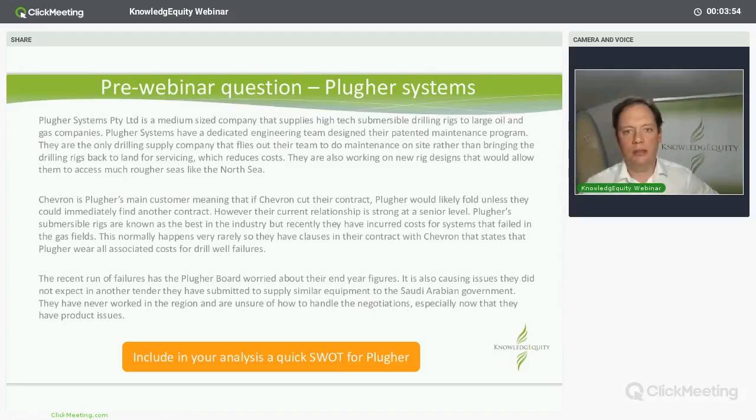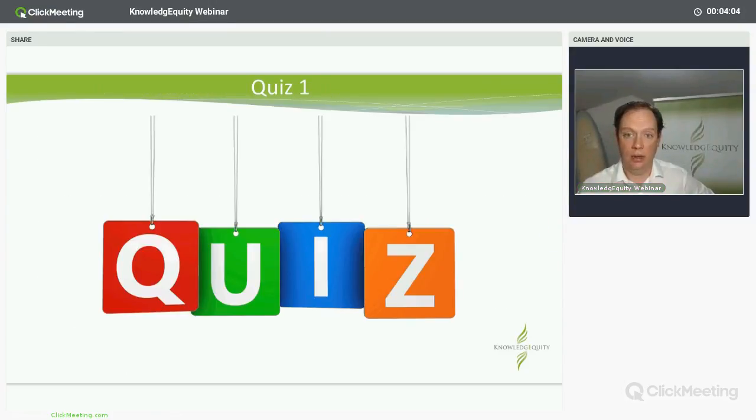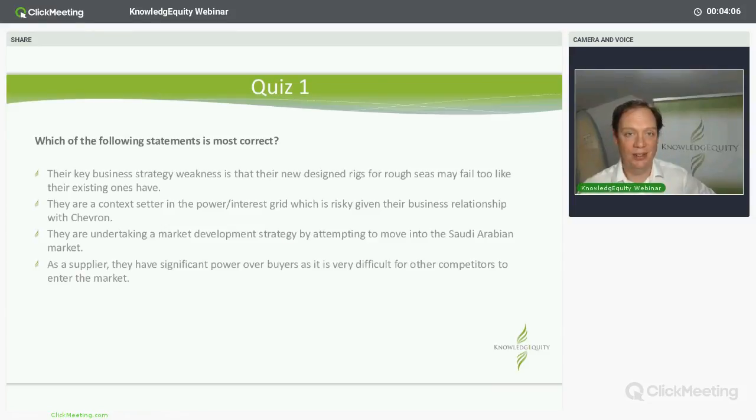All right, you've had your 5 minutes to look into this case, jot down a few notes, and think about it in terms of SWOT. Let's have a go at the quizzes. Again, with the quiz, it's up to you to pause it, have a look at options A, B, C, and D, and then I will go through the selected answer. So here's the first one, and it's one of these: which of the following statements is most correct? Have a quick look at this, and then we'll go through the answer.